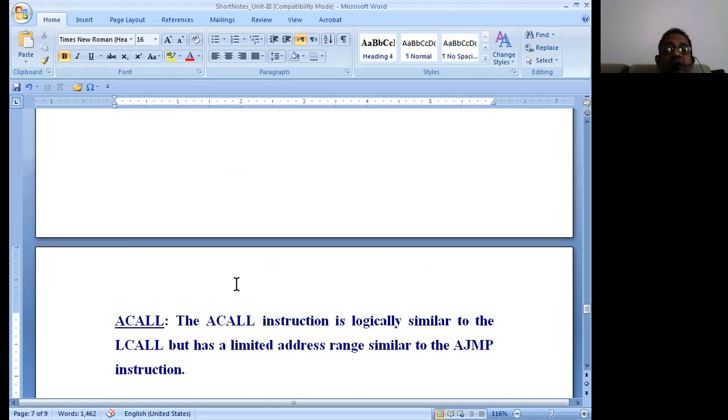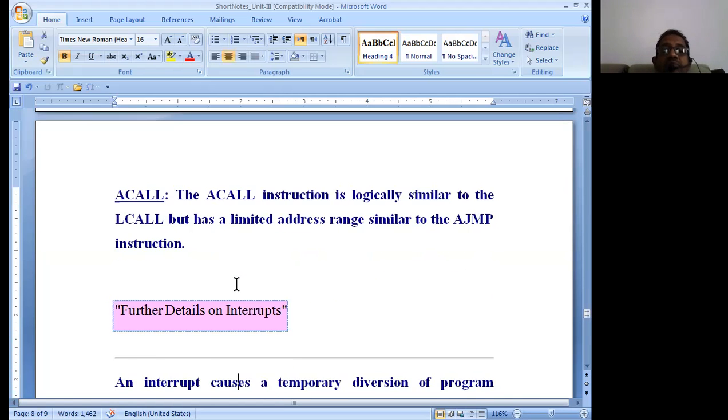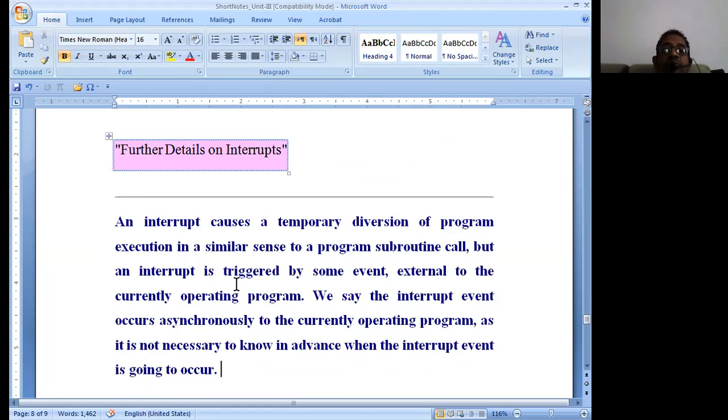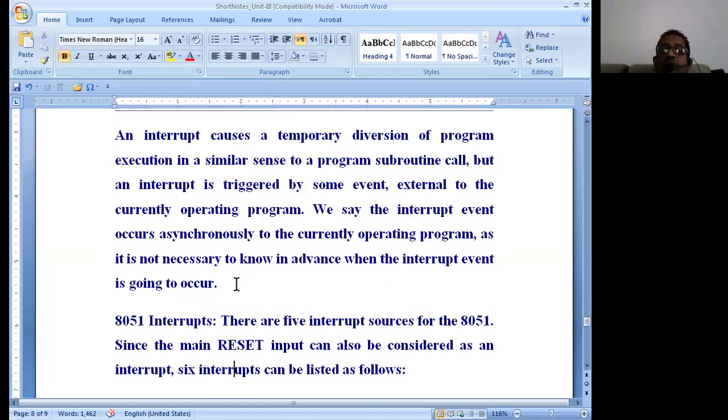What is so important is to always remember that whatever the program counter points to, only those instructions are going to get executed. This is a very important point.